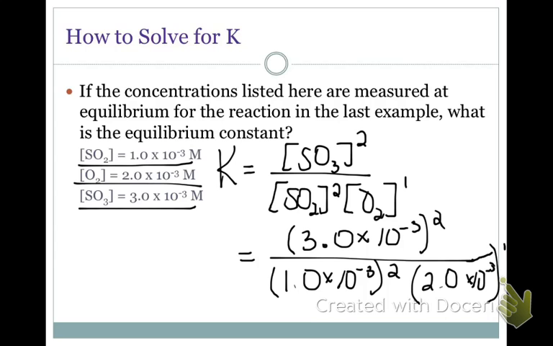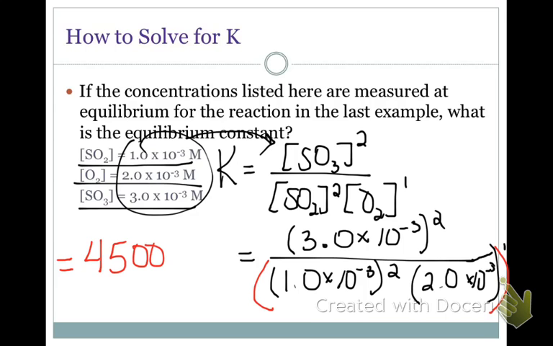So pretty much all you're doing is substituting these concentrations in for your equilibrium expression. When you put these into your calculator, make sure that you use extra parentheses as needed, especially for this product down here. I'd put all of that into another set of parentheses. If you don't, you run the risk of getting an incorrect answer from your calculator. You could have done the work all correctly, however, if it was just a multiple choice or just one of the final answer, the answer would have been wrong. So take your time, put those parentheses in, and when you do this, you should find that it's